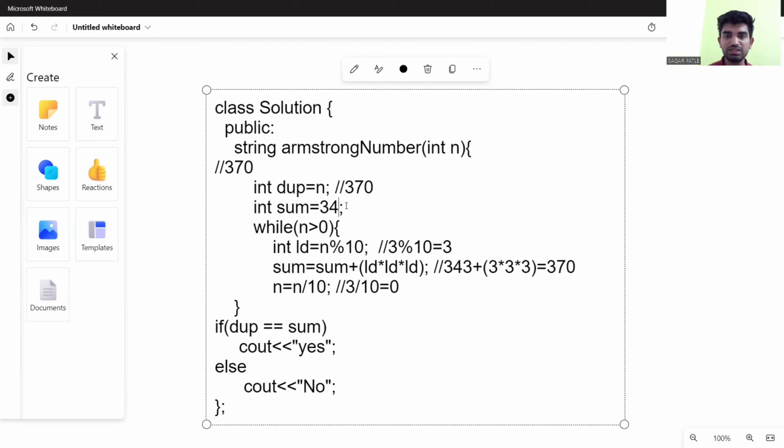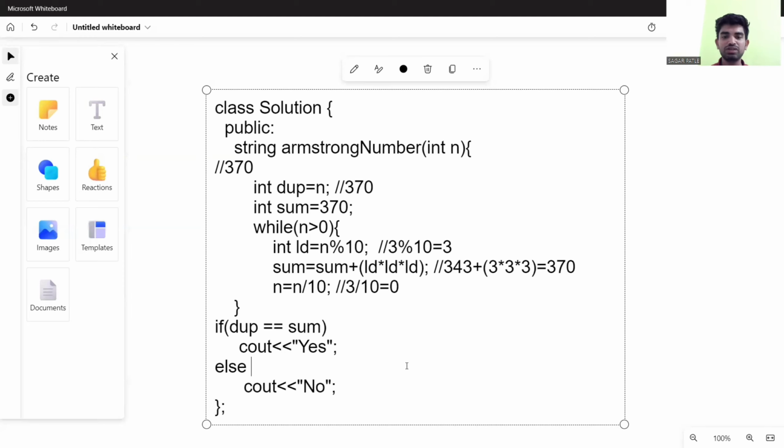Here the value of sum is 370. If duplicate is equal to sum, so duplicate 370 is equal to sum 370, we simply return yes. Otherwise, if it is not true, we simply print no.